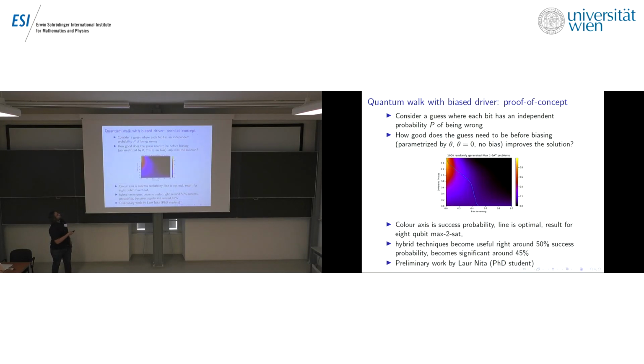And we can look at how well this works in a sort of proof of concept numerics experiment. So one question you can ask is: how good does your guess need to be before it's worth using some biasing? In other words, let's consider a simple example, a guess with independent probabilities of each bit being right. Meaning, if I have a 45% probability of being wrong for each bit independently,